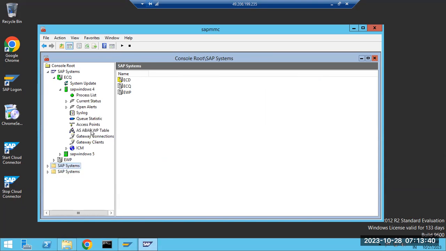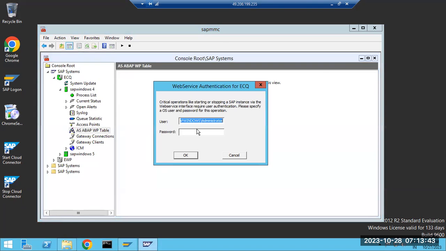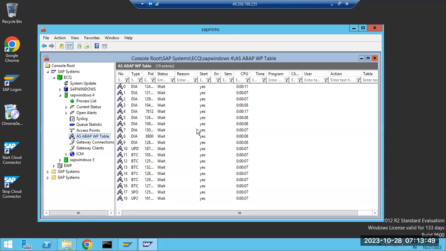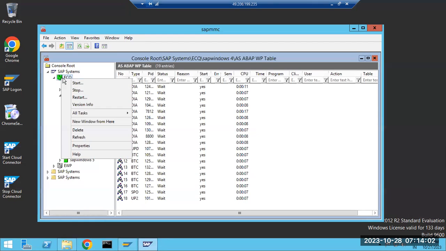ECQ. Whenever you click it, it will give you the display. Then you can use the basis, right? You no need to use the ECQ ADM only. One of the super user passwords, you have to use it to view the work process table, to stop the system, to start the systems.